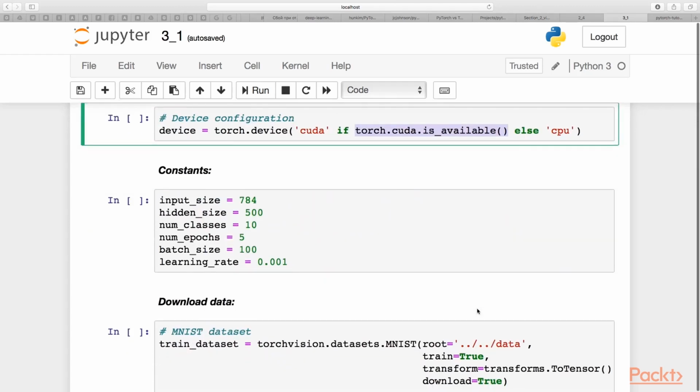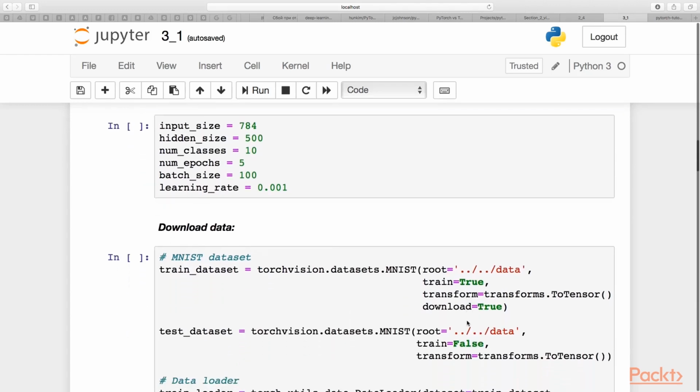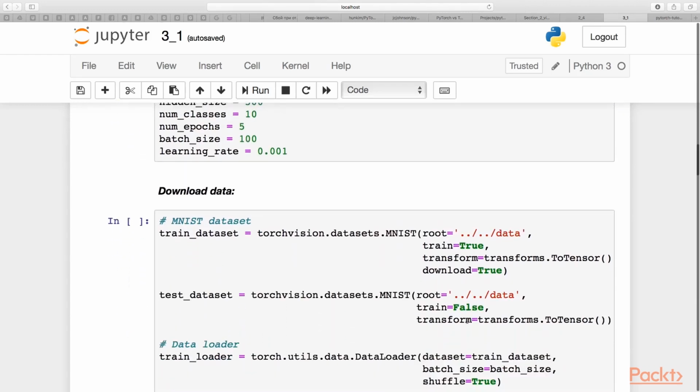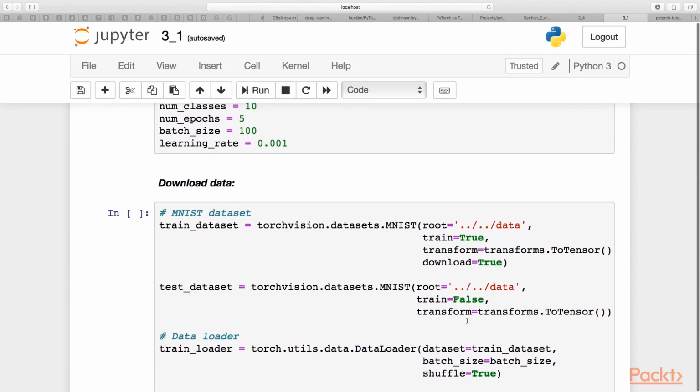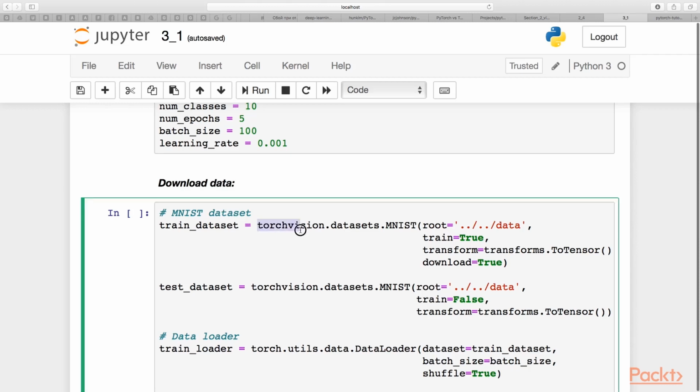Next, before we write a class for our feed-forward network or train it or test it, we need to download data with which we are going to work. Here I suggest you use a simple MNIST dataset, and you can download it using the TorchVision library by simply typing torchvision.datasets.MNIST.